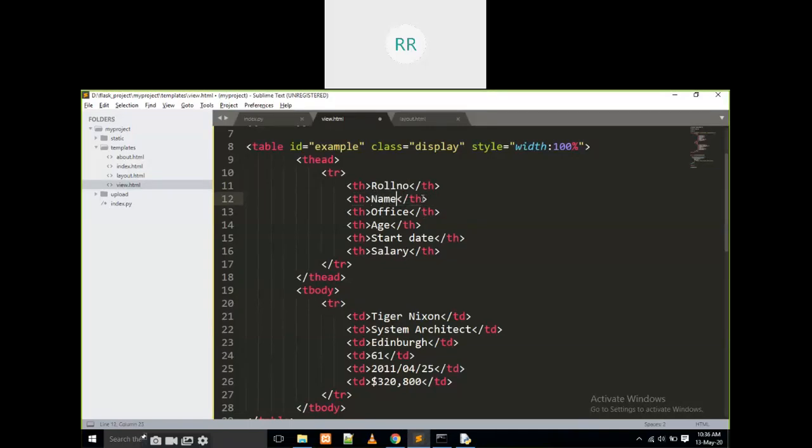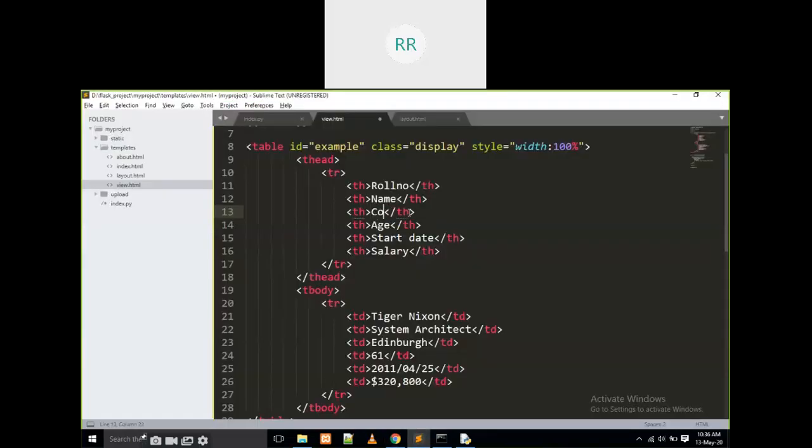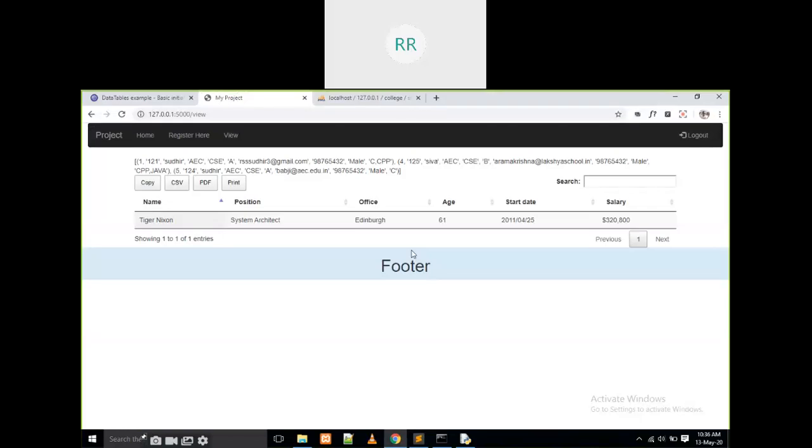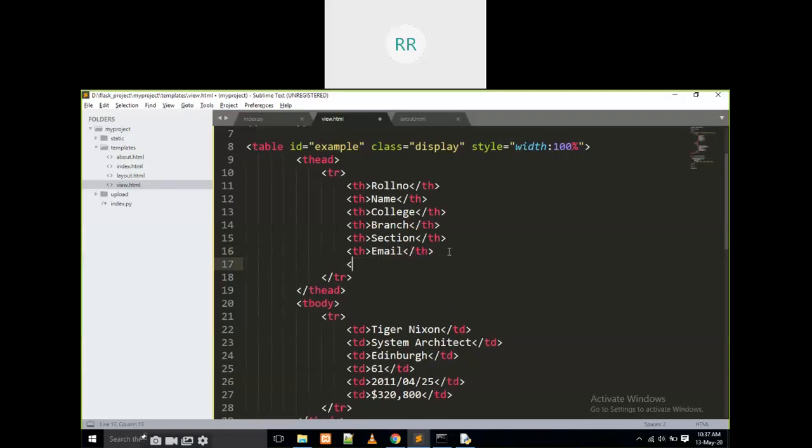Roll number, name, college, branch, section. After this section, is there any section? Section, email. One more thing is needed. You go for th open and th close.